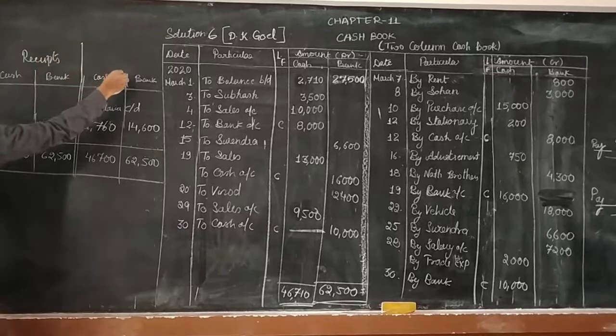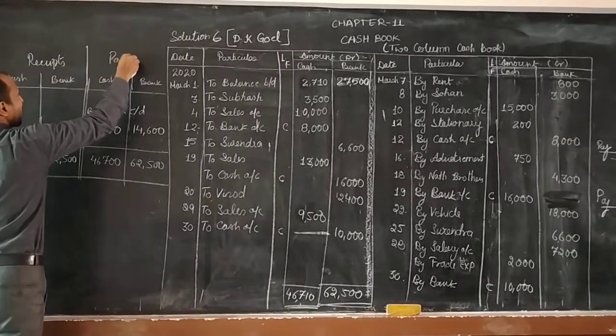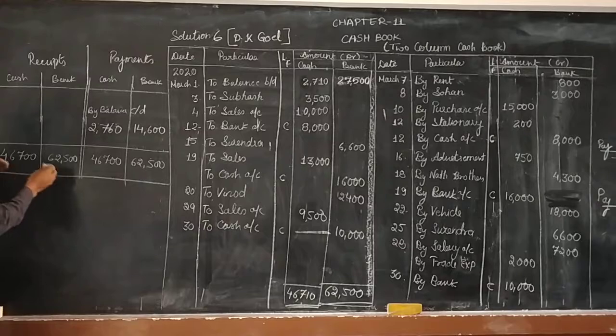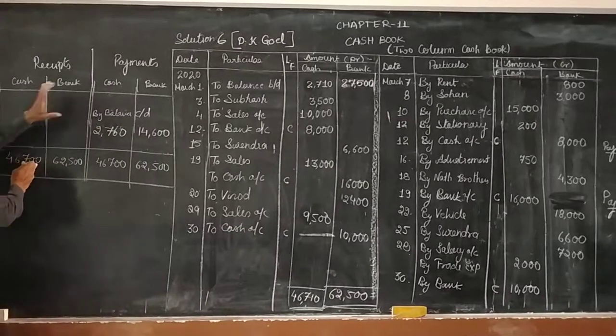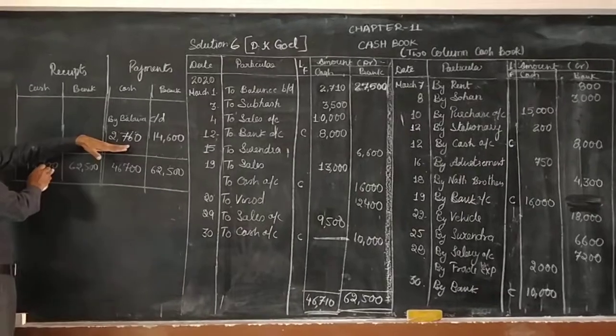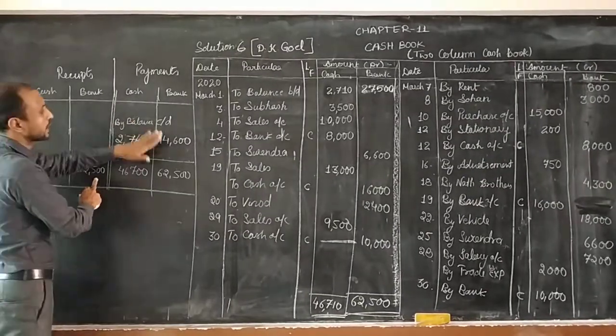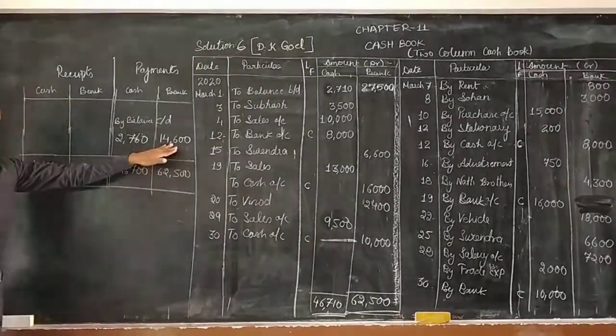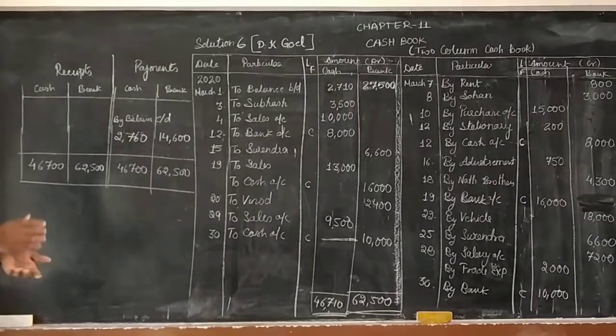Once again, the total of this is of your receiving, receipts. Receipts is this, and the payments is this. So out of this amount, whatever the balance of this was coming, we have subtracted. So we have a balance amount in hand. And from the bank we have subtracted, so we have a balance in bank of your 14,600. It is clear? Yes, sir. Now you can note it down.